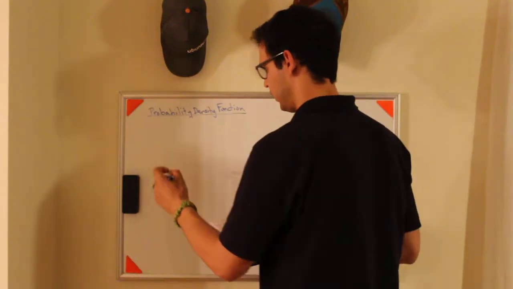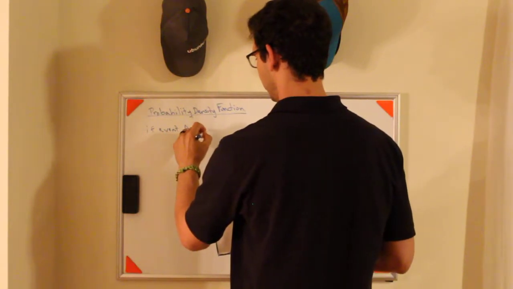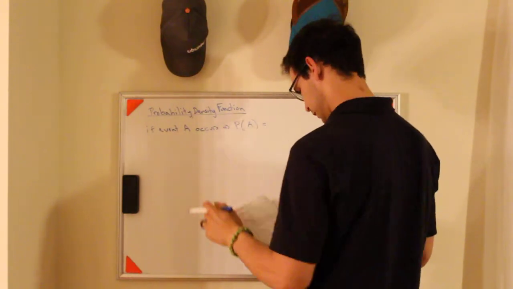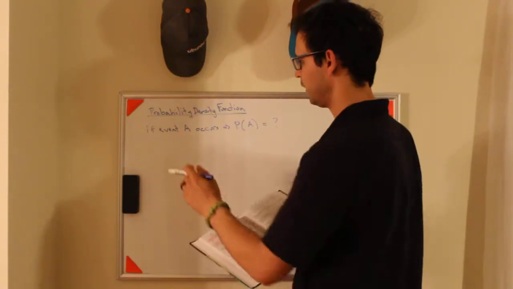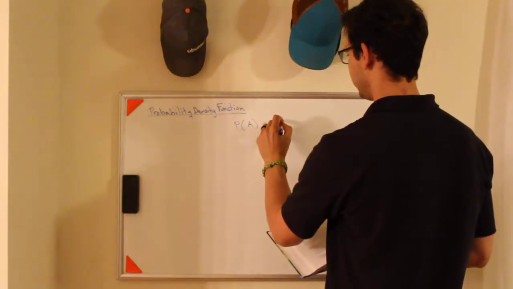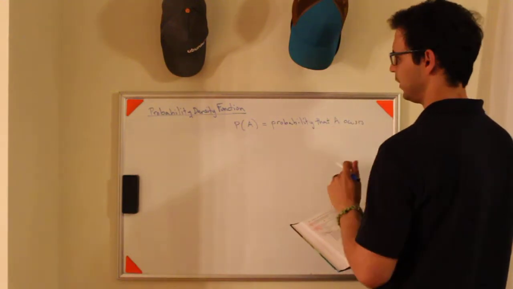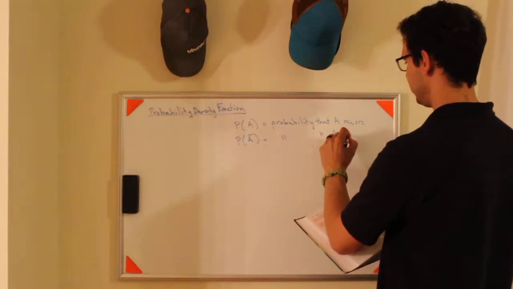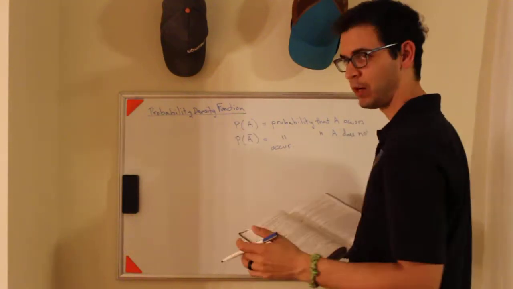So assume the notation is that if event A occurs, then the probability of A is the probability that A occurs. Okay? So that's the probability that A occurs. If you do P of A bar, that's the probability that A does not occur. Okay? If A and A bar are mutually